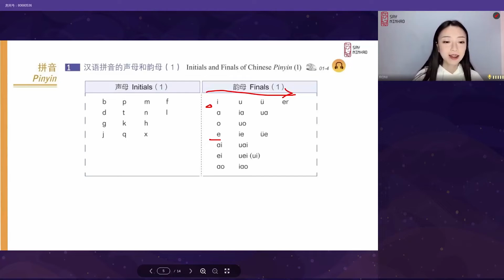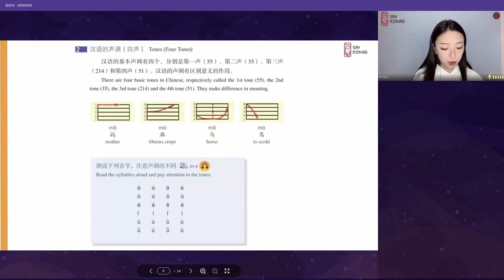Okay, these are the basic initials and finals of pinyin, and there is still a very important part of